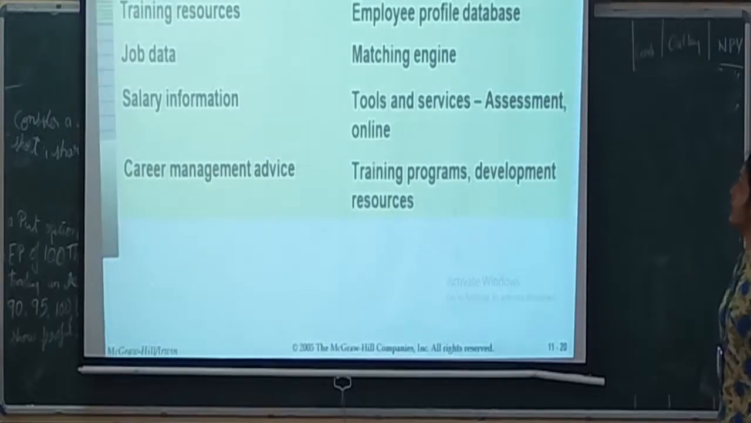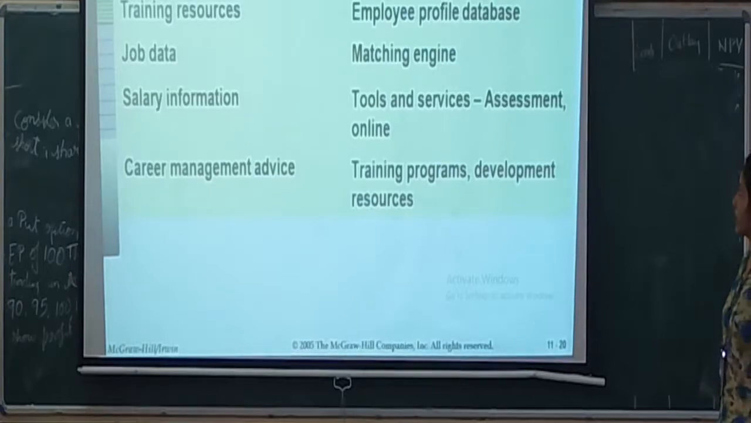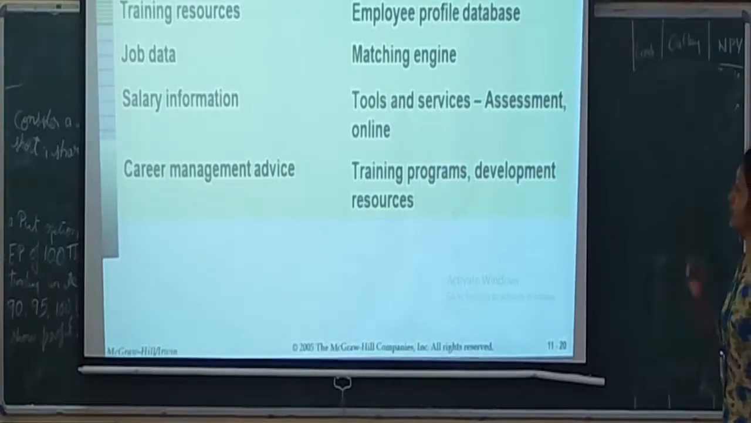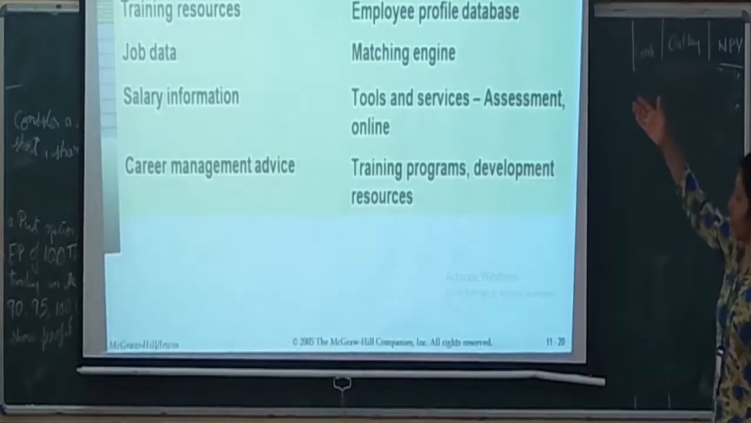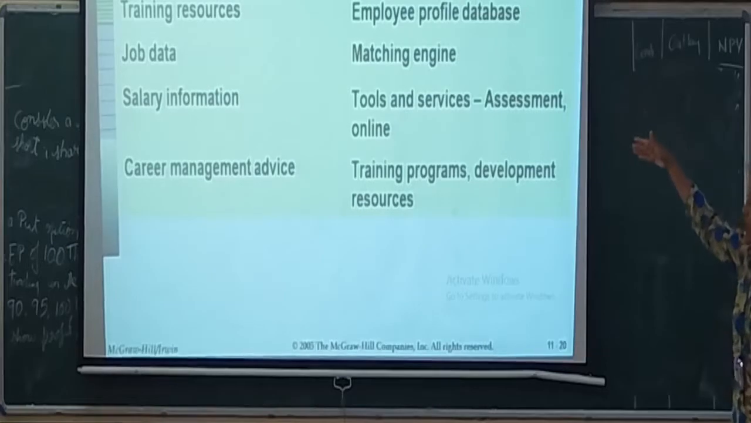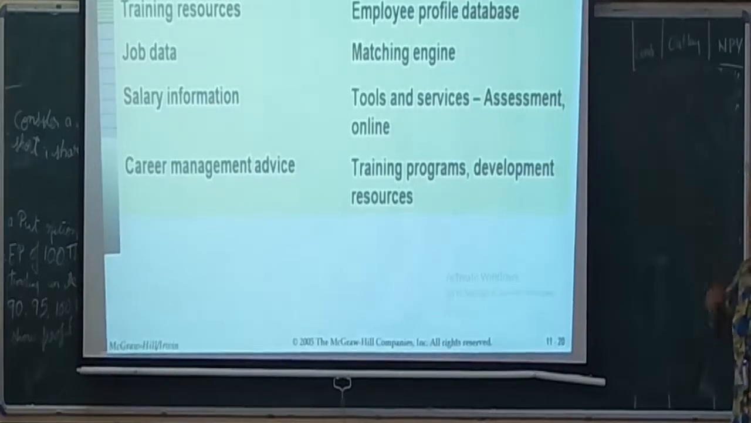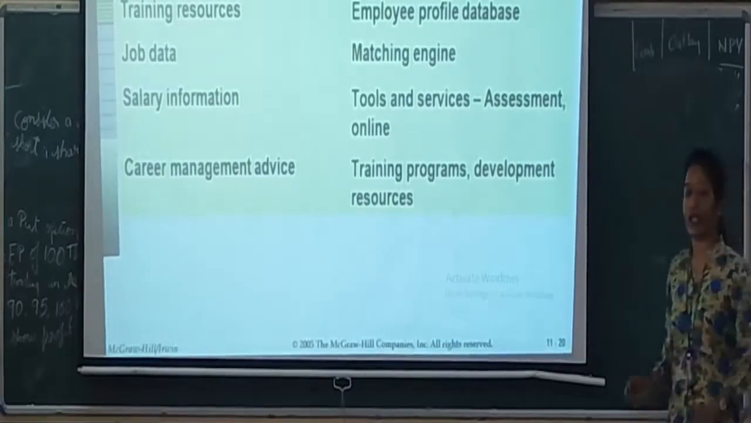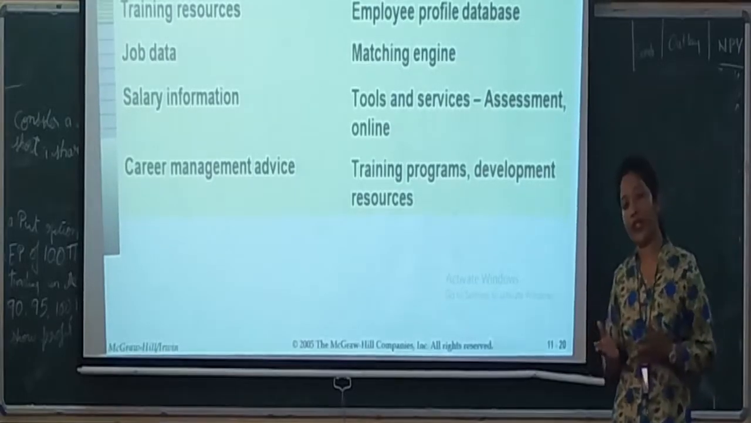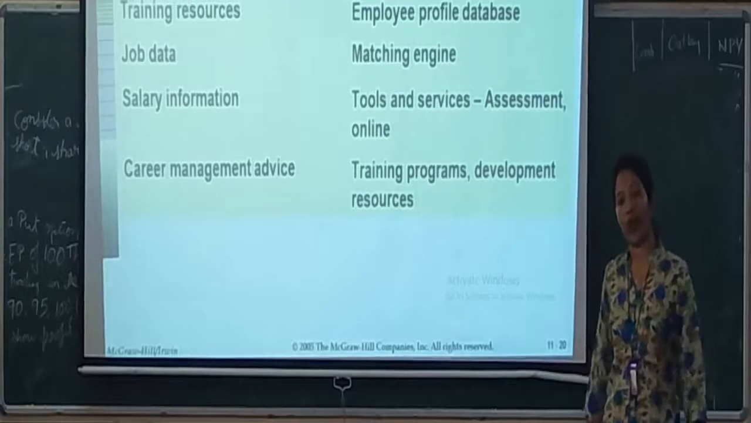Certain elements of career management websites can be divided into two: user access and website features. What you should put on the user access is a self-assessment tool, training resources, job data, salary information, and career management advice. This is from user access, that is, the employee perspective of what an employee would require from a career